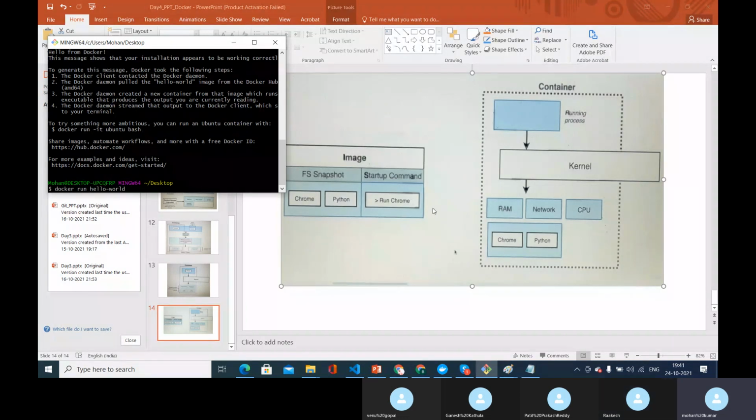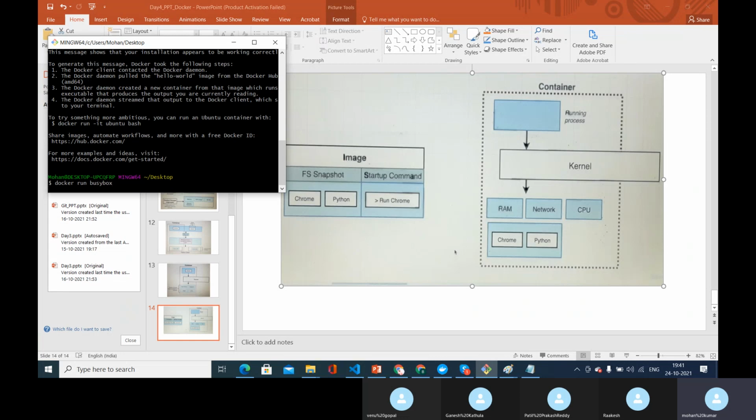Now, if you want to override the startup command, so I don't want to see this output, I want to override this, I'll show you a good example. Instead of hello world, I'm executing docker run busybox.